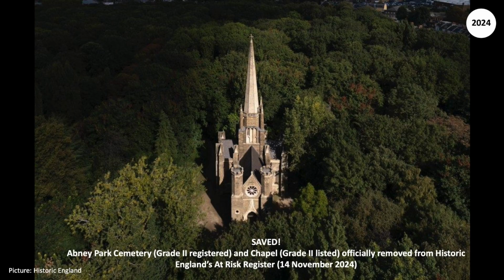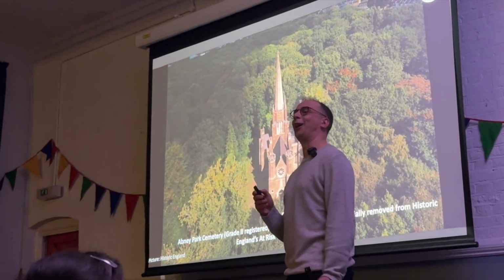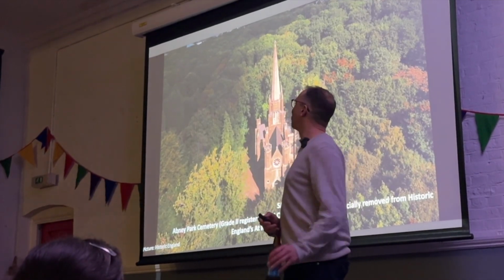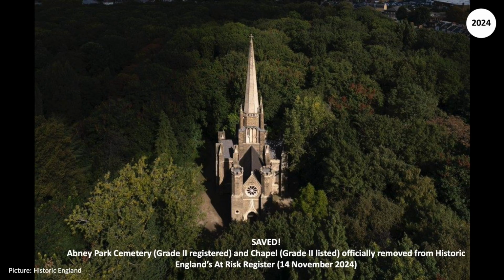So I'm going to go quite quickly through quite a lot of slides, and they're mainly photographs, and they are telling the story of the restoration. So this is where I'm going to start. Abney Park